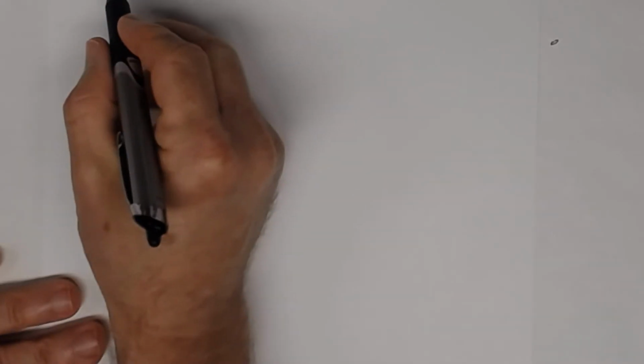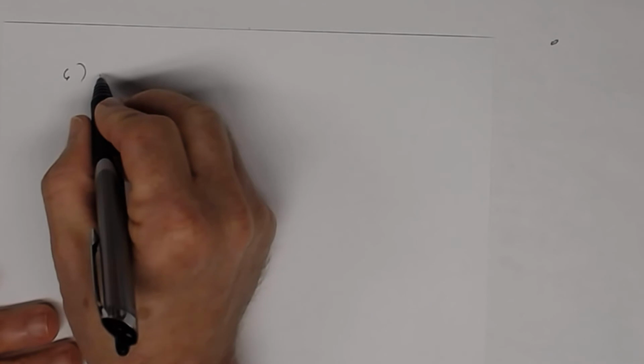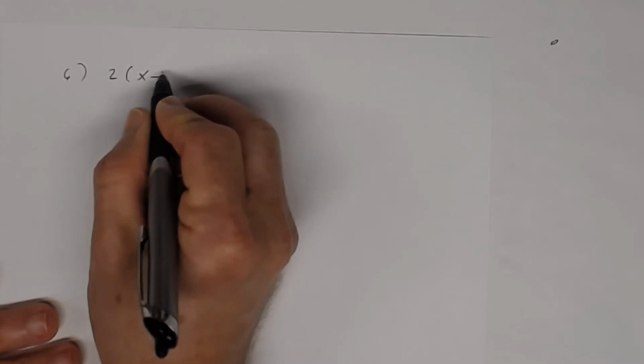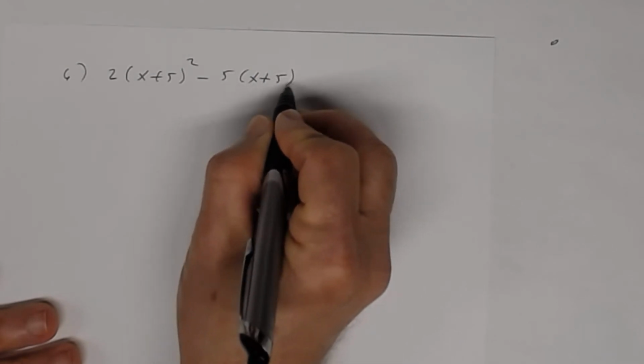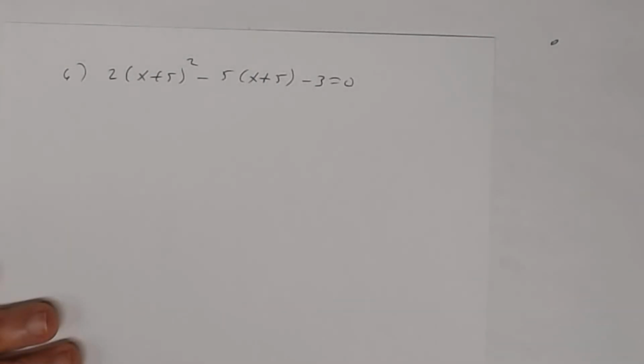And I just want to remind you of something. So let's look at this one. So this is number 6. It looks a little bit different than the others, and I'll explain how the difference is. So here's the problem right here. And so that's it. All right, so in all the other problems we've done,